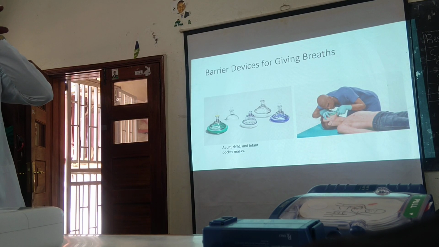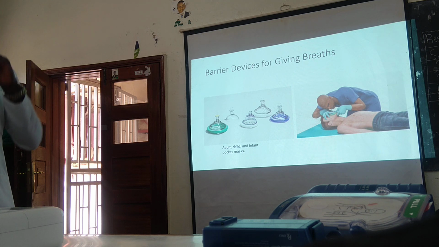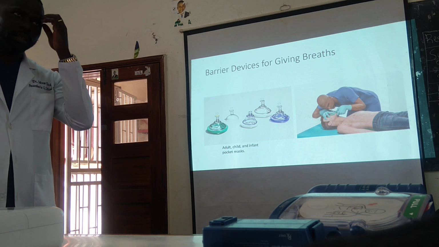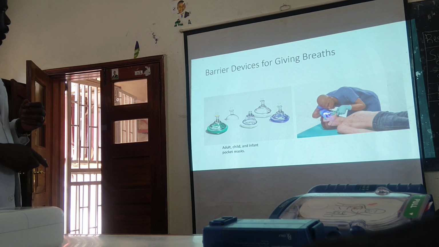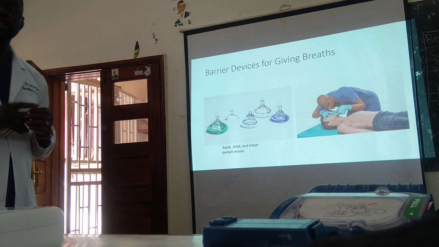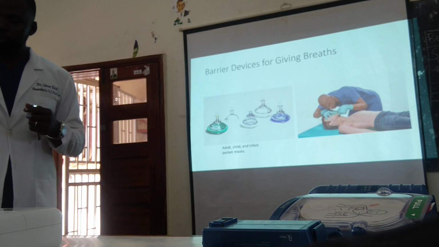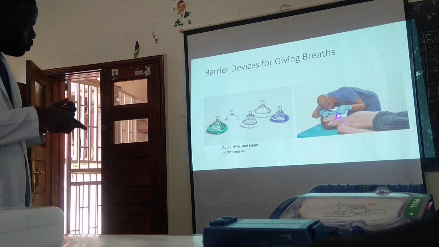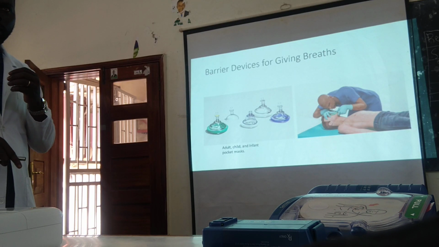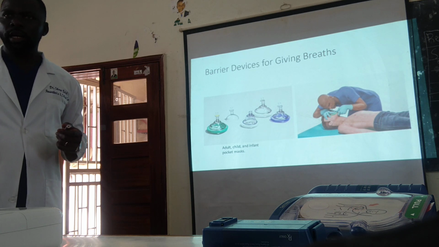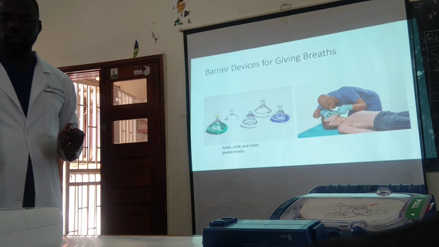Now, the mouth-to-mouth maneuvers you are talking about, these are pocket masks that we now use to avoid risk of infection. So you can use this mask. And here, the person is demonstrating it very nicely now. You blow the air through, you just connect your mouth onto this and make a good seal. Make sure there's no air leak on the side. So that as you blow, beside the mouth seal here, the seal on the face should also be tight enough, so that as you blow your air into the patient's lungs, it is not leaking outside. And you can see the chest rising and falling. And they give you rescue breath through that.